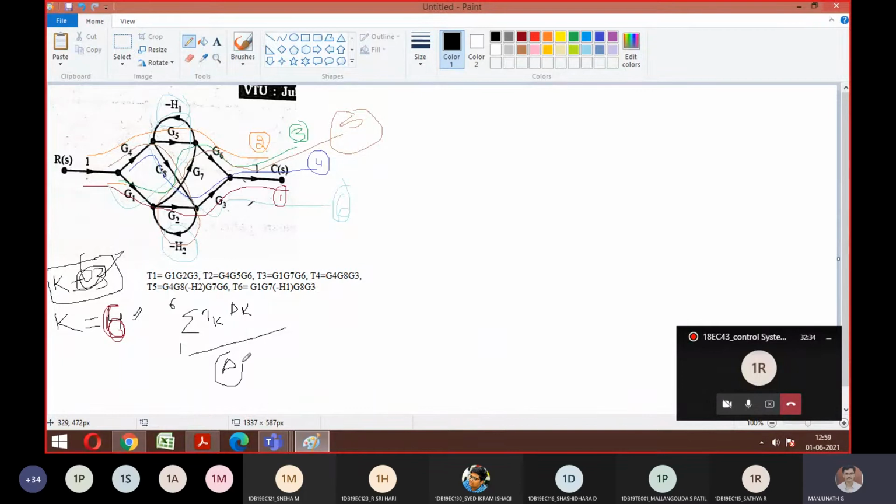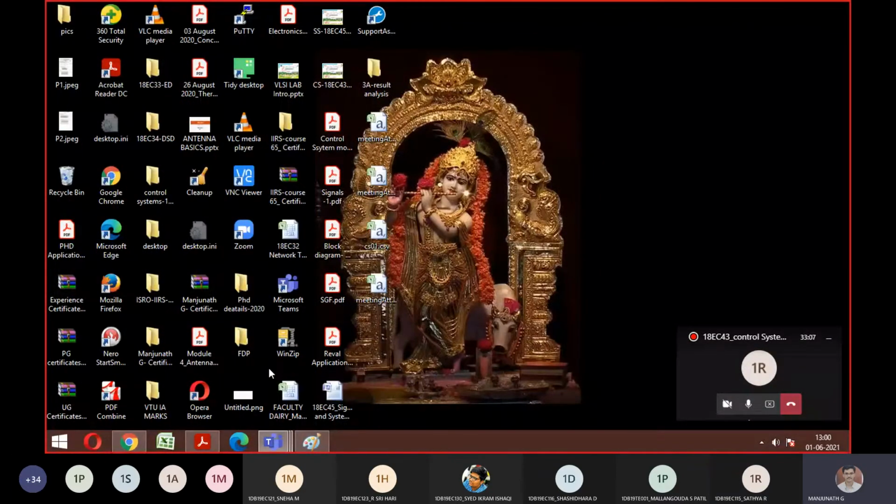Now we want to calculate delta. To find delta, as we went through yesterday, we need to find feedback loops. Agree, everyone? Yes, sir. Can anyone tell me how many feedback loops you have? Now we need to calculate the loops. Observe things carefully and tell me. Is it 4, sir? Take the question once more.